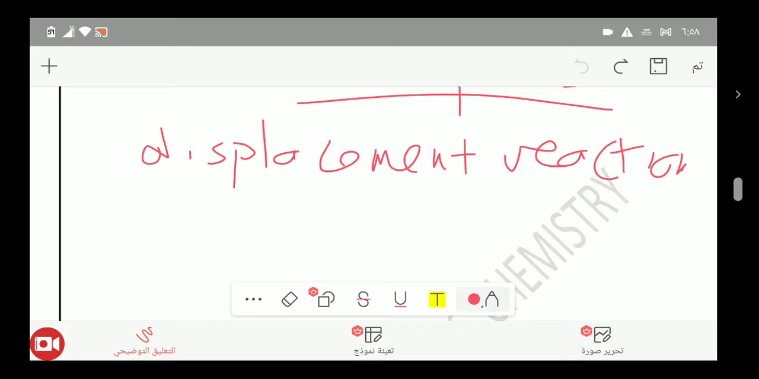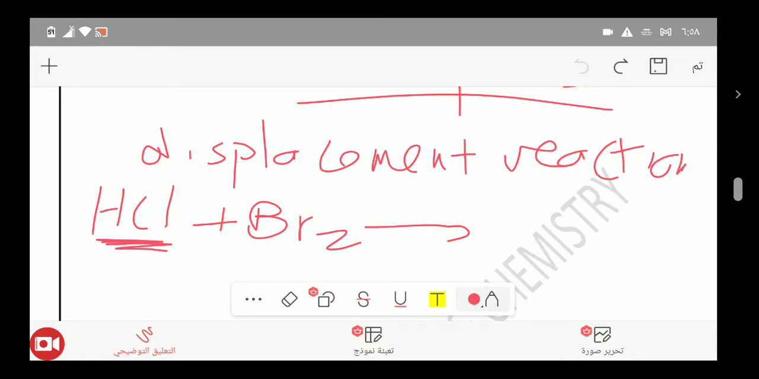For example, if we have a solution of HCl, hydrochloric acid, aqueous, plus Br2. Here we need bromine to displace chloride ion. In fact, this reaction will not happen. No reaction. Why no reaction? Because here chlorine in group 7 is more reactive than bromine, so bromine will not be able to displace